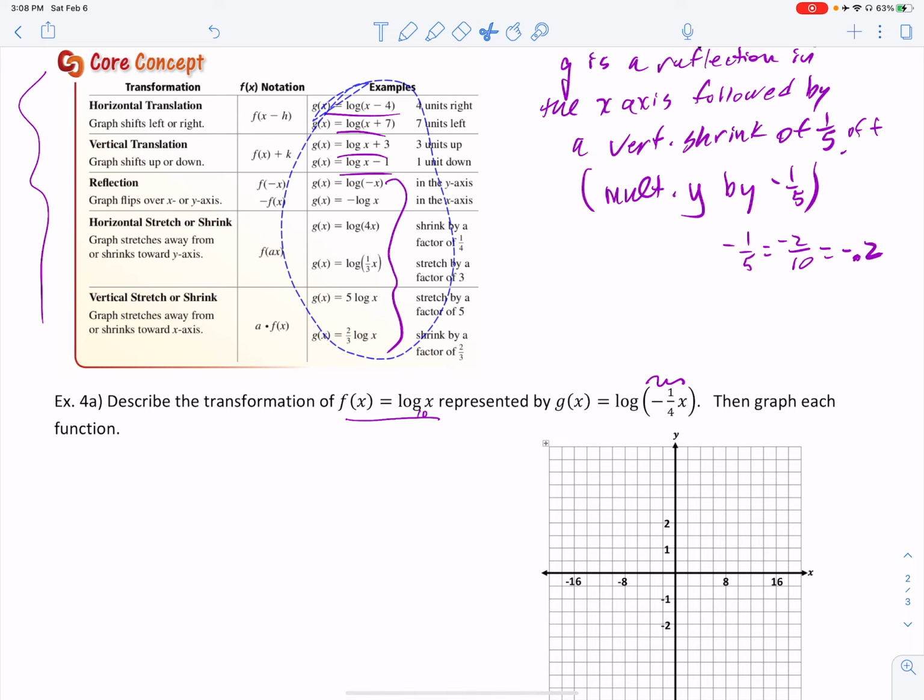When I see that inside there, it's a combination of negating x, which is a reflection in the y-axis, which causes you to multiply your x values by -1. But then we also have it times 1/4, which is a horizontal stretch. This is going to be a horizontal stretch by a factor of 4. So g is a reflection in the y-axis